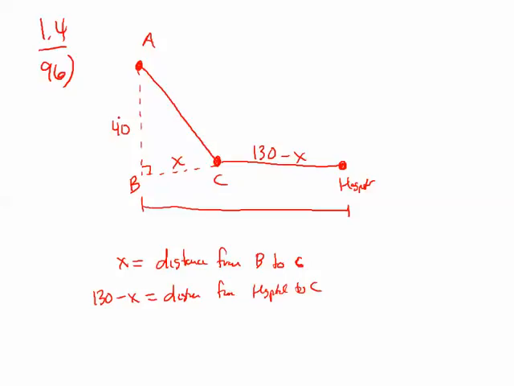So that means 40 squared plus x squared would give us this, as long as we take the square root of it. So tell me if you guys agree here. This would be the square root of... okay, and then we've got to think about this right here. If you're traveling a certain distance, you guys remember this one from algebra? Distance is equal to rate times time. We'll see a lot of those